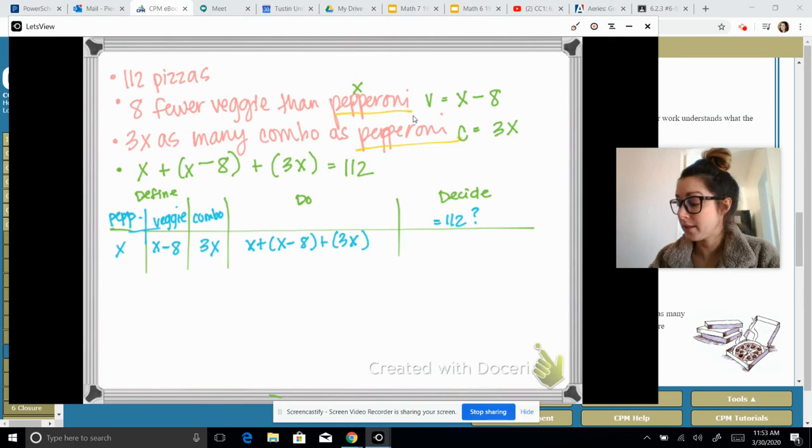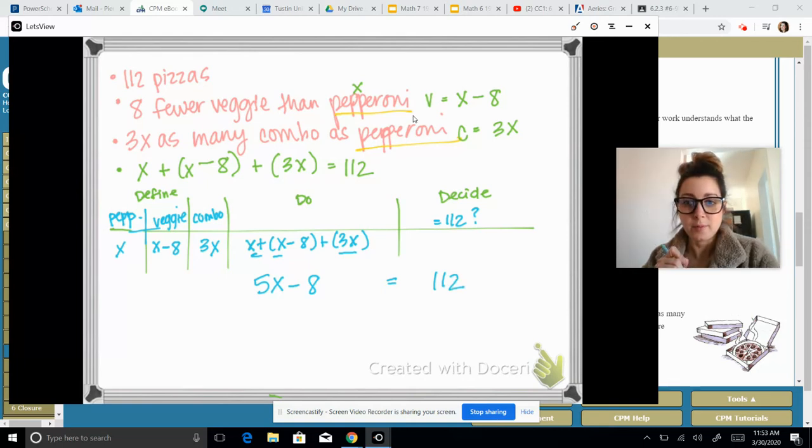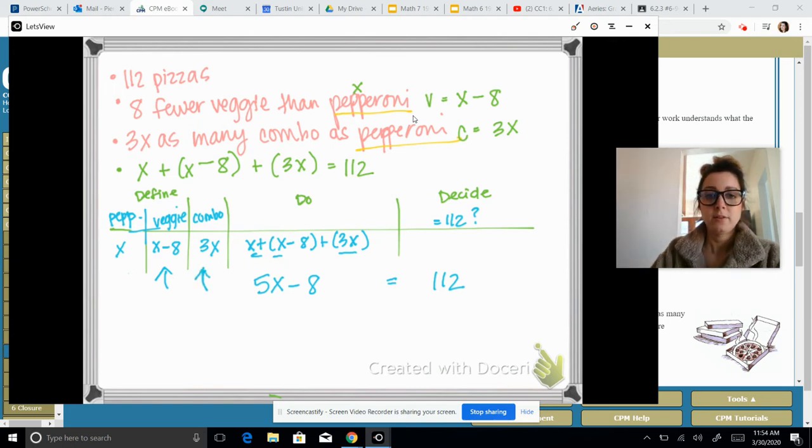So if you did it that way, we have 5x, if you combine like terms, minus 8 equals 112. And I'll let you go from there on that problem to solve for x. And don't forget, once you get x, then you can plug it back in and find your amount of veggie pizzas and your amount of combos. Okay, so that's for